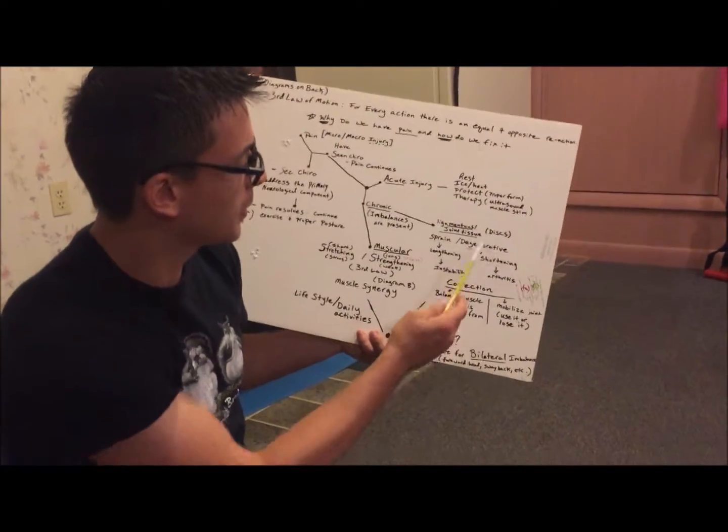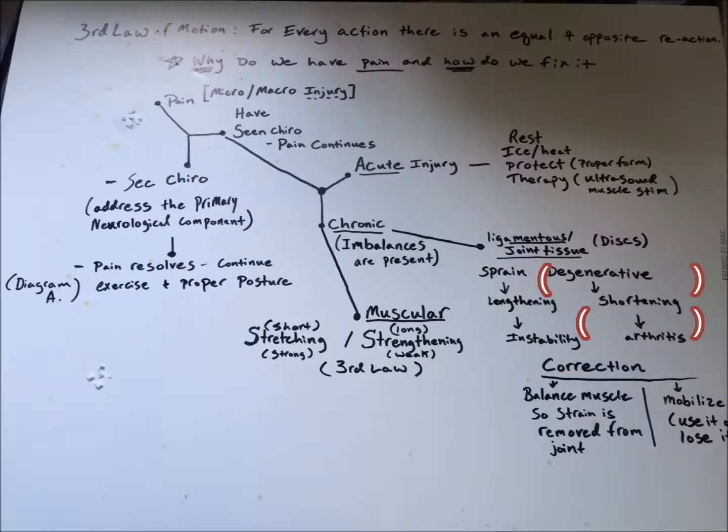Yeah, so let's follow this down. So we lost some video here, but the main thing was that the degenerative line on the right there in red leads to shortening and arthritis. So those are the spurs that we'll see. That hardening and that calcium buildup actually happens in ligaments and joints. They look like they're sticking out in space on an x-ray, and it's actually that was once a ligament there. So there was a structure there before, you just can't see it on x-ray.